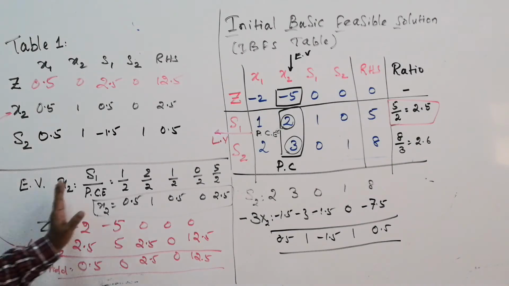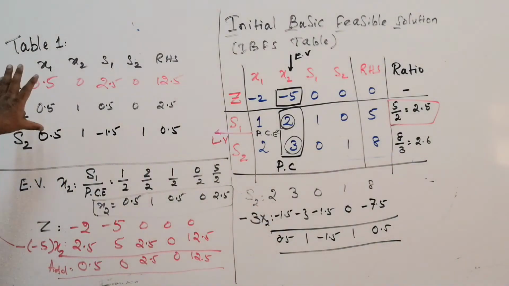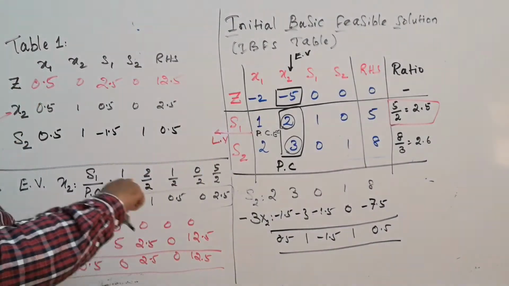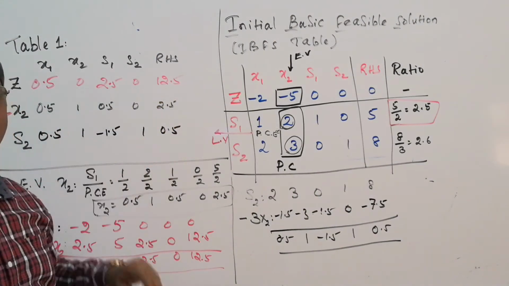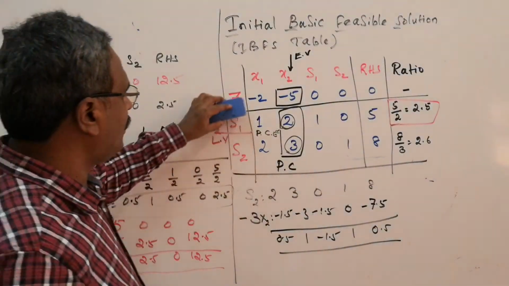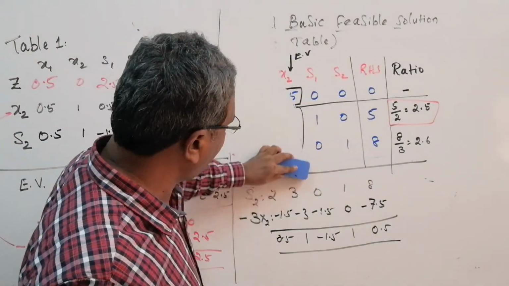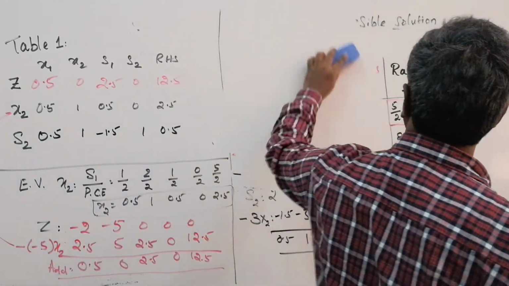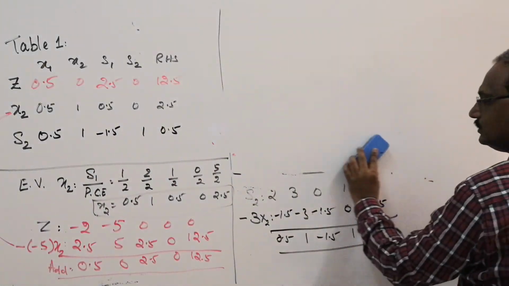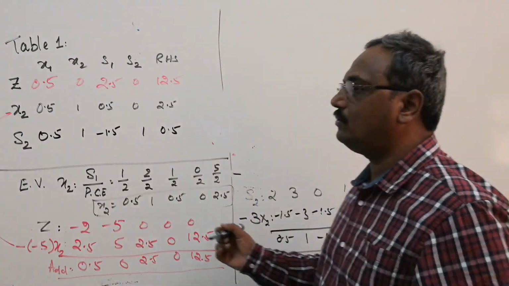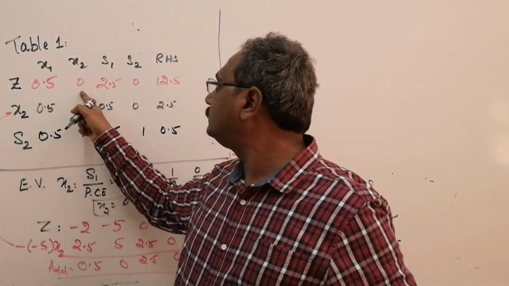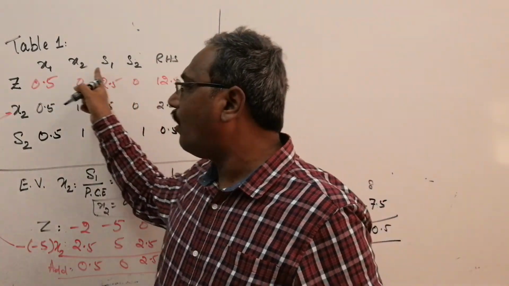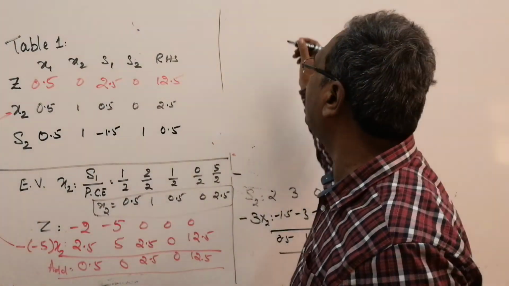So this is the way we are using the simplex algorithm and we are going to form the table. Now again we are going to repeat the whole cycle again and again until all the z values are 0 and positive. We are going to proceed the same procedure until all the values of z are either positive or 0. That means I am going to check now what is the value of z. In z we are having 0.5, plus value. This is 0, 2.5, 0. So all the values of z are positive or greater than 0.